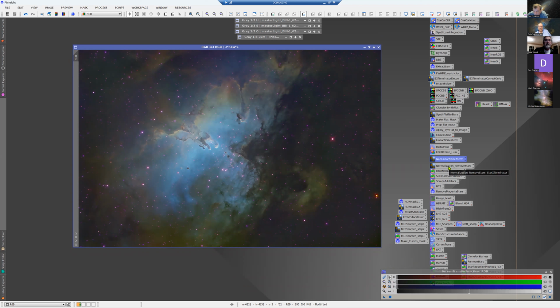I found that I struggled a lot with processing SHO palette, trying to get it the way I wanted it to work. Which all use, they're all variants of PixelMath. They all rely on PixelMath. When I got a hold of these things, I mean,